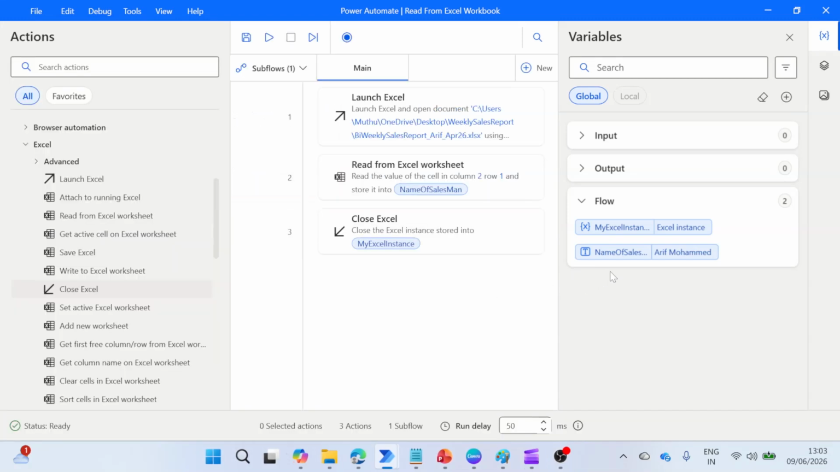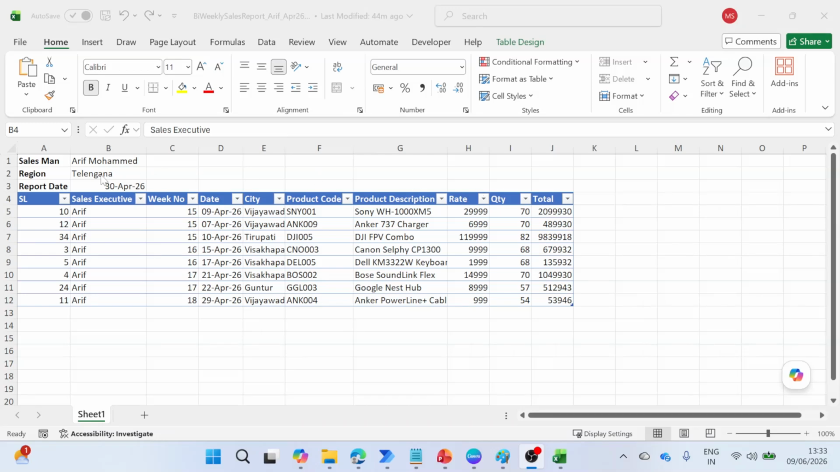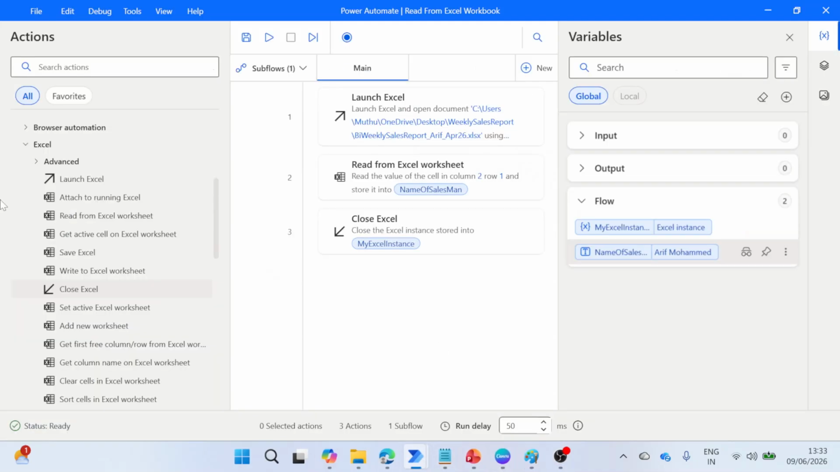Yes, it has run and it has read the data and provided Arif Muhammad. In a similar way, let us read the value of the region and the report date also as separate variables. The region is in the second row, second column. Report date is in the third row, second column. Let us close it for now. Go to our flow again